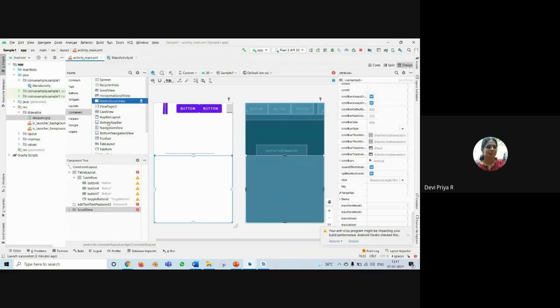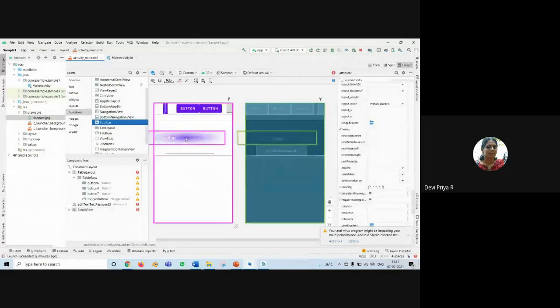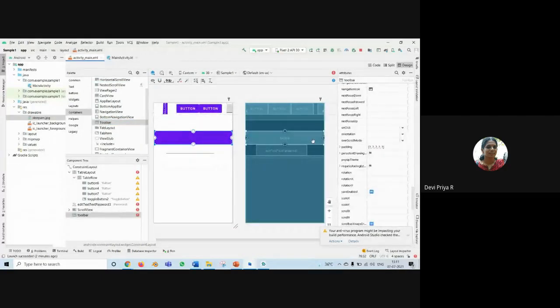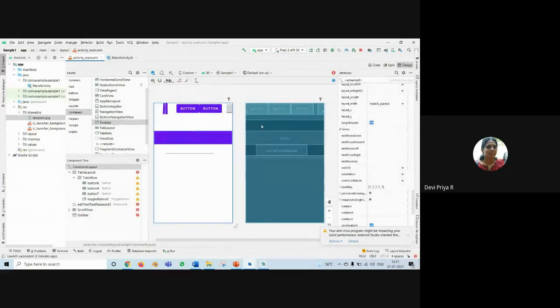This bottom application bar, so toolbar, you can create a toolbar for your application. And you can place your images, whatever component you have, in your toolbar also. You can have this tab layout. So these are the basic things.